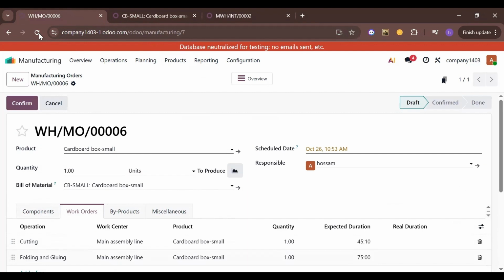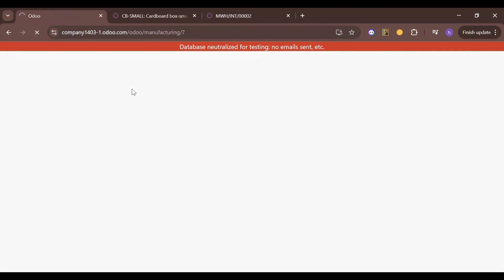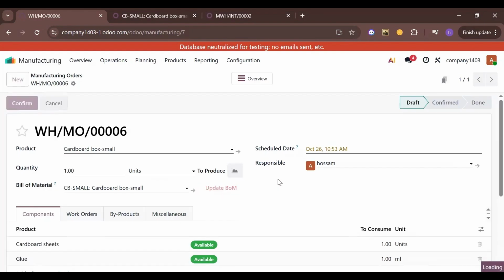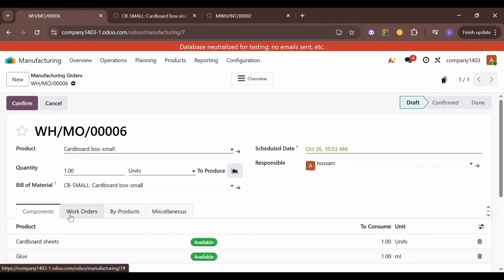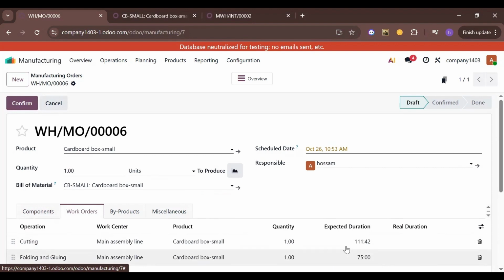And again, if you refresh the manufacturing order here and click the update bill of material, the new duration will be displayed here, the 66 plus the 45 for the work center. I think it's clear now how these settings, the 2 options for calculating the default duration, affect the calculation of the expected duration in the manufacturing order.